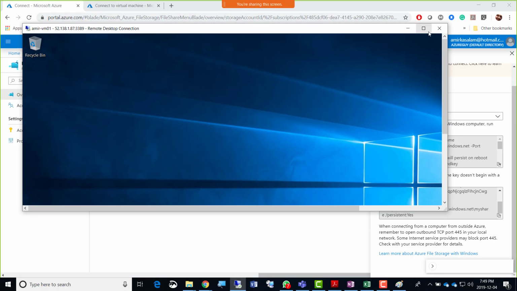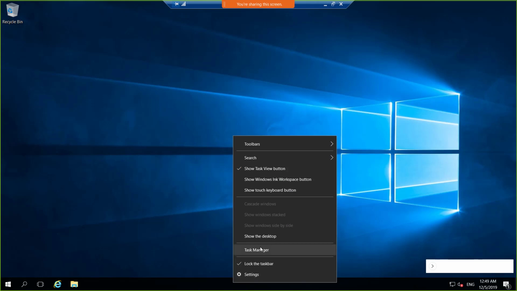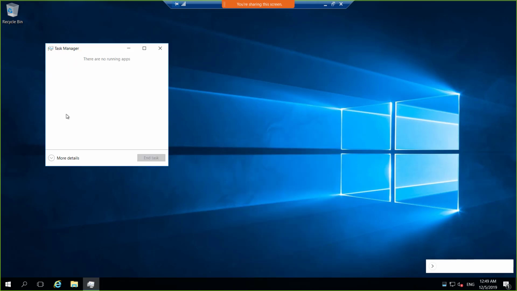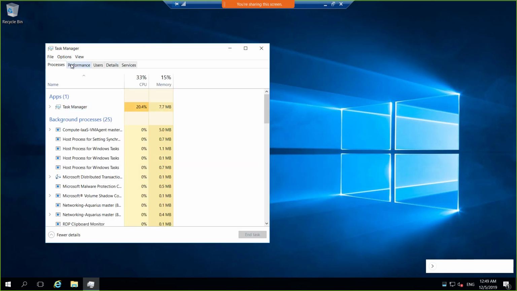If I go to task manager here, maybe I could kill some tasks. More details, performance, no, processes, and then most processing, malware. Okay, I don't need malware protection.